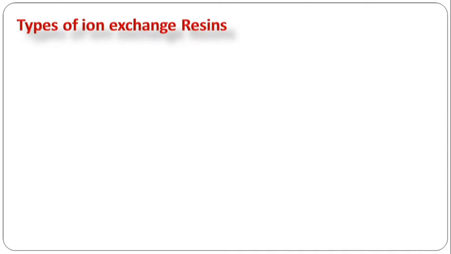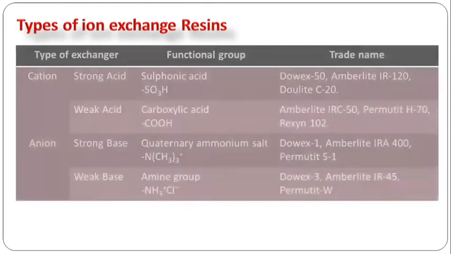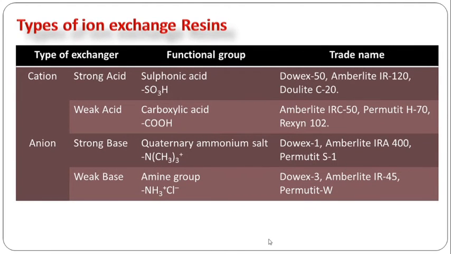In this slide we will learn about the types of ion exchange reagents and some of their trade names in just one slide. Suppose these are the types of exchangers. For cation exchange, there are strong acid resins and weak acid resins. Strong acid resin contains a sulfonic acid group, SO3H, as the functional group, with trade names like Dowex 50,